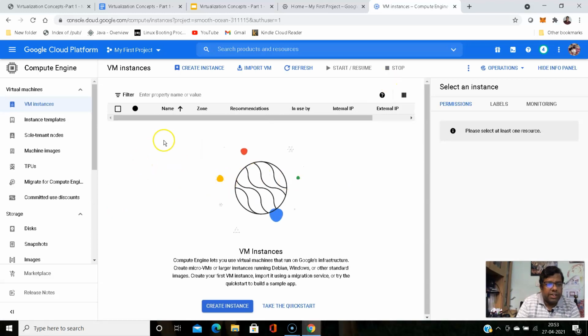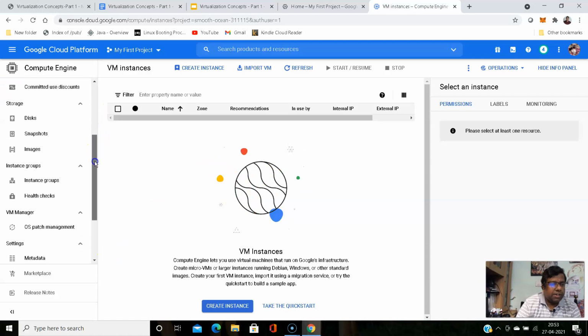I don't have any virtual machines running over there. I have deleted them because that's the best practice if you use a cloud. If you keep the resources running, that will consume your free tier, and if your free tier is used up, they may charge you. Google does not charge you after the expiry of the free tier account. You have to upgrade the account to a standard subscription, then only they will charge you and you can use it further, otherwise it stops working. So I don't have any instances.